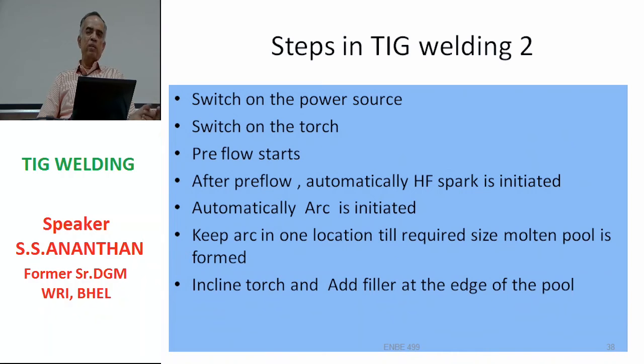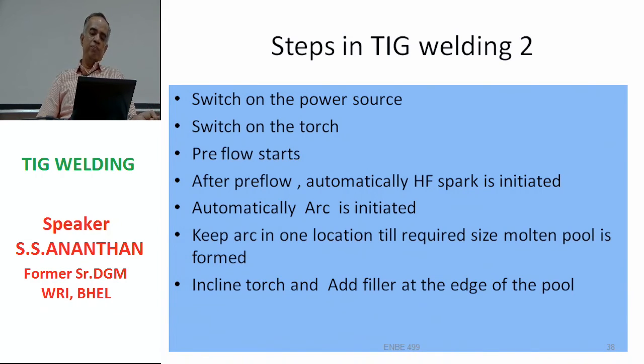So you give a pre-gas flow based on experience, maybe about 5 to 15 seconds, and then you switch on the high frequency spark unit. This particular high frequency spark will ionize the arc zone, and because you already have the power source switched on, that means the open circuit voltage will be available in the electrode, the arc will jump immediately and then